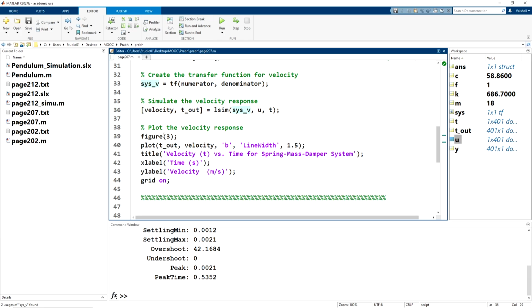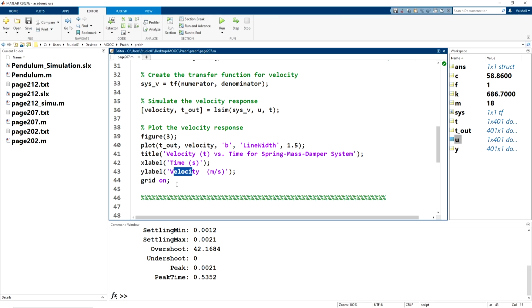And finally I'm plotting, I'm naming that figure as figure 3. Plot x comma y. In x variable we have t out, and in y we have velocity. b again represents the color of the line, and the line width I am considering as 1.5 so that it is clearly visible. Title is velocity versus time for spring mass damper system. X label, in x axis we have time and y we have velocity.